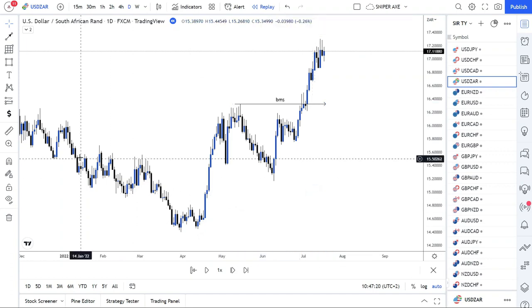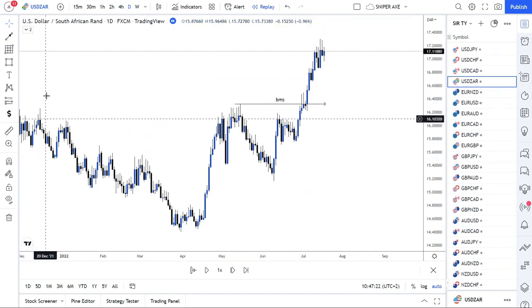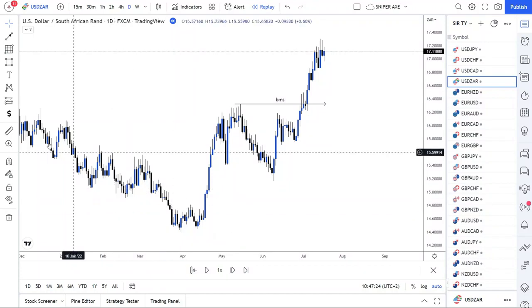So the moment you see a break in market structure there, when the price starts to correct, like we said, the moment you start to see the price is now correcting, what you have to do there is to,